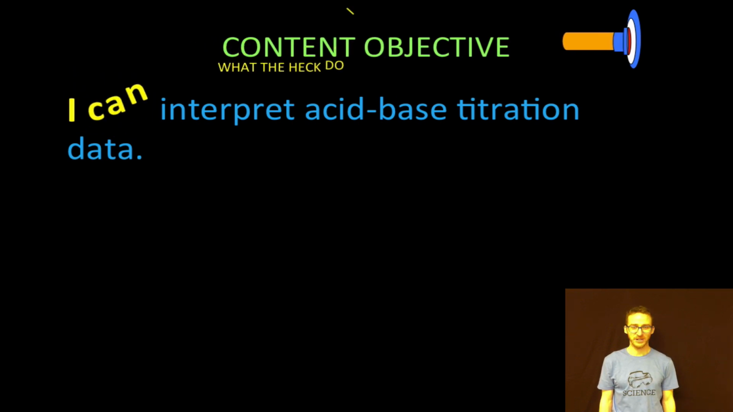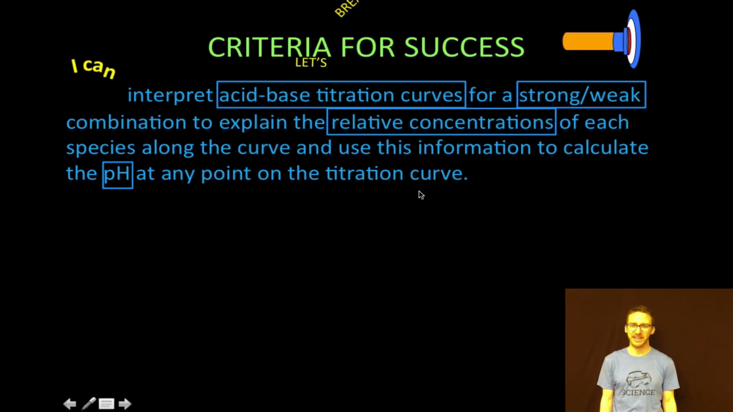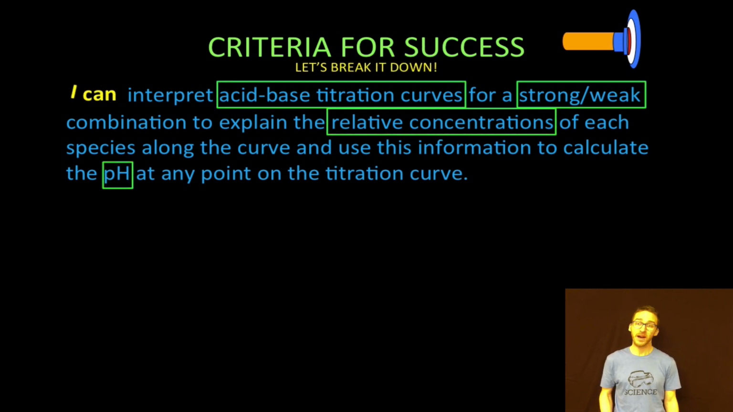What in the heck are we gonna do in this video? We're going to interpret acid-base titration data. As always, breaking it down. In this vid, we're gonna look at acid-base titration curves for not a strong, but a strong-weak combination in order to explain the relative concentrations of each species along the curve, so we can then calculate the pH at any